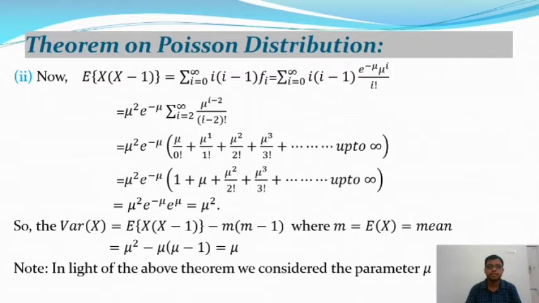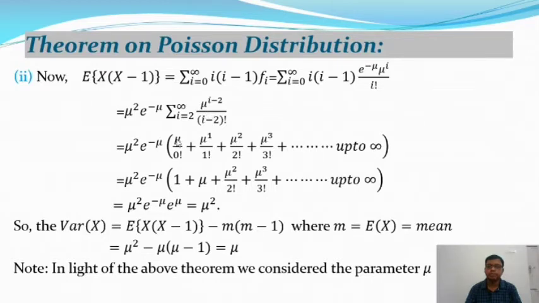Okay, this is the properties of the factorial function. And from this we will get mu square into e to the power minus mu into summation over i equal to 2 to infinity of mu to the power i minus 2 by (i minus 2) factorial. So e to the power minus mu is a constant term as well as mu square is a constant term. And the summation over i equal to 2 to infinity of mu to the power i minus 2 by (i minus 2) factorial will reduce, when we put i equal to 2 in that section,